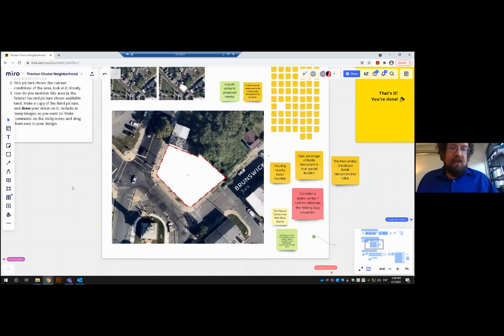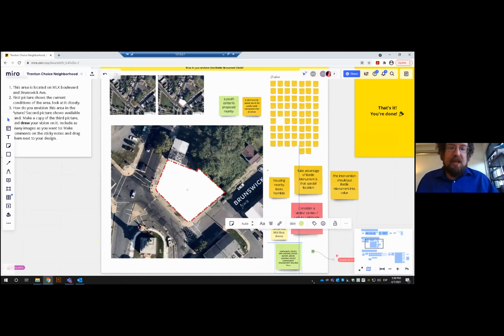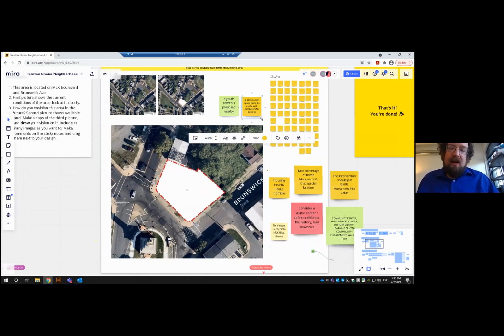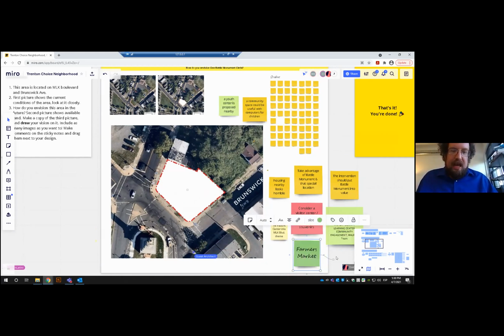We've talked about a few different ideas for use, but I want to throw a few other questions out there, because when you talk about a development, we're not just thinking about what you put there, but we're talking about physically what you want to build there. So, for example, how big a building would you want to put there? Would you want to see a 1-story building, or would you want to see a big 5-story building as a monument or as a center in this area? Would you want to take up the whole lot, or would you want to use only a piece of that lot and leave a lot more green space?